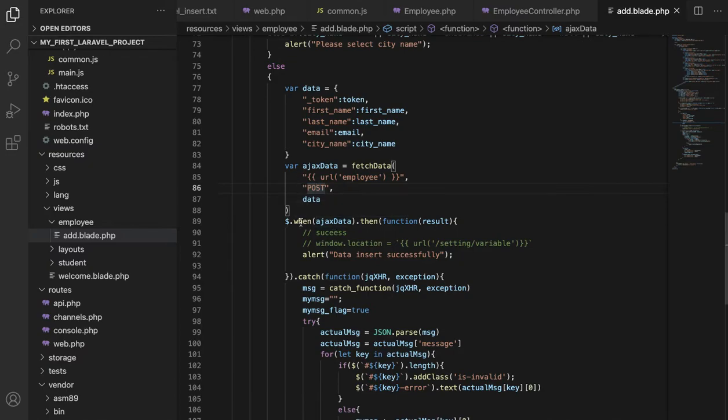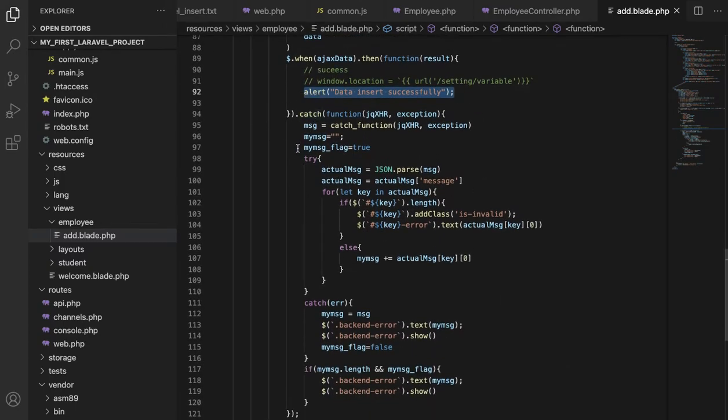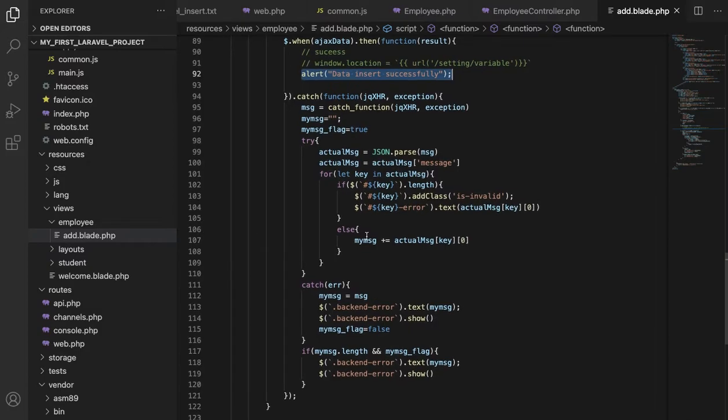And we listen on $.when, then the function will return the success and the catch method will return any error, any exceptions. So on success, just alerting data insert successfully. On error, we are showing the error on the key error on a specific field. I am using try catch here because json.parse of the message may be a string, and at that time this will raise an exception.